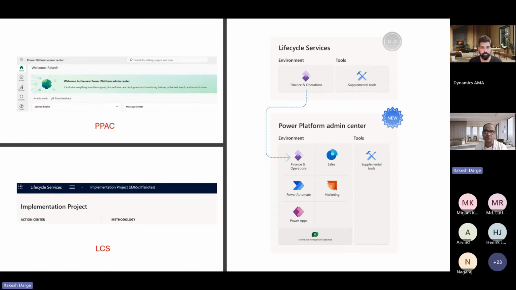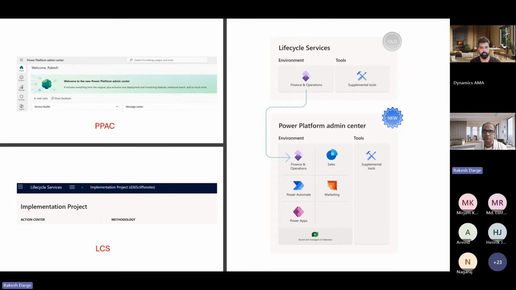And then this finance and operation app is no more a standalone ERP suite. It has now become a first party citizen in the Dynamics 365 apps that are running on Dataverse. So you can say that Dataverse is kind of an operating system for finance and operation apps nowadays, with finance and operation apps running on the Dataverse, whether it's finance, supply chain, commerce, or HR. We will see in action as we start doing the practicality aspect.